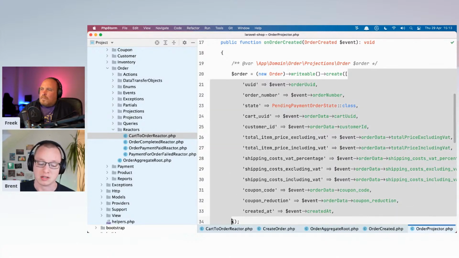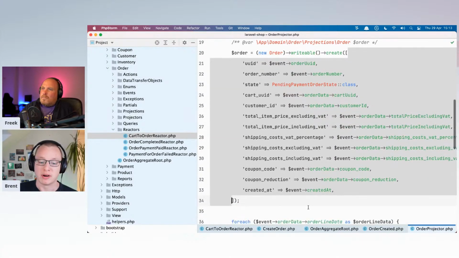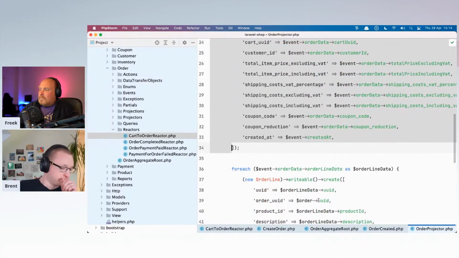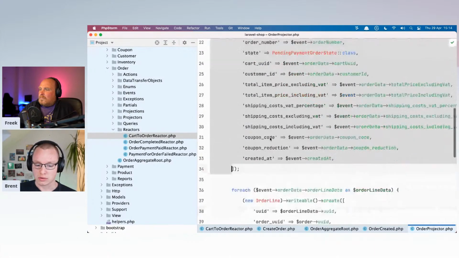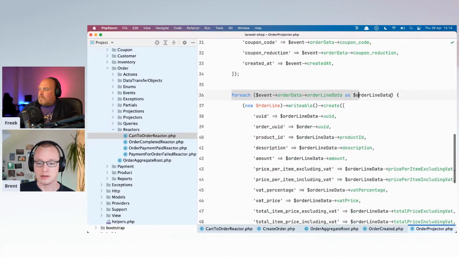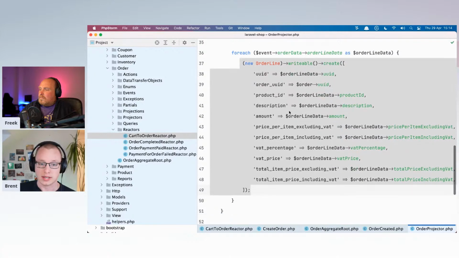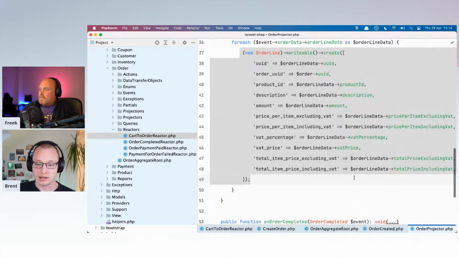Keeping data as flat as possible is really my preference in order to prevent having to deal with all kinds of performance issues, basically. So the order itself is created, and we're going to loop over all line data, every line for one product. We're going to create an order line, and that's basically it.